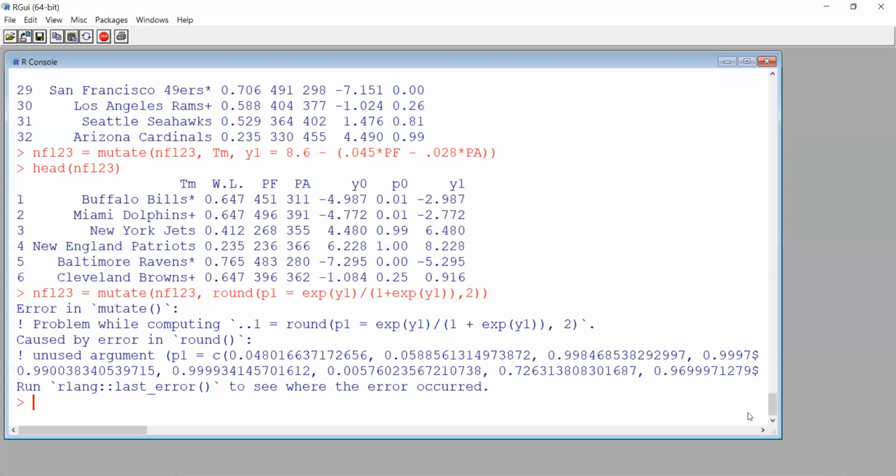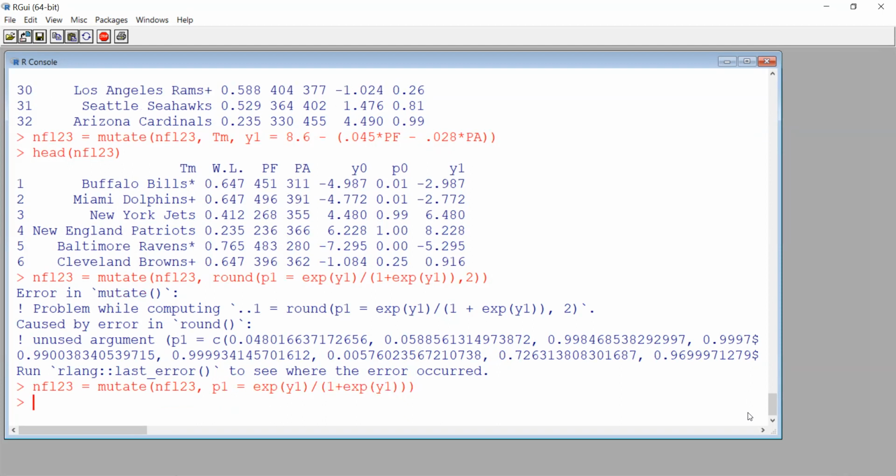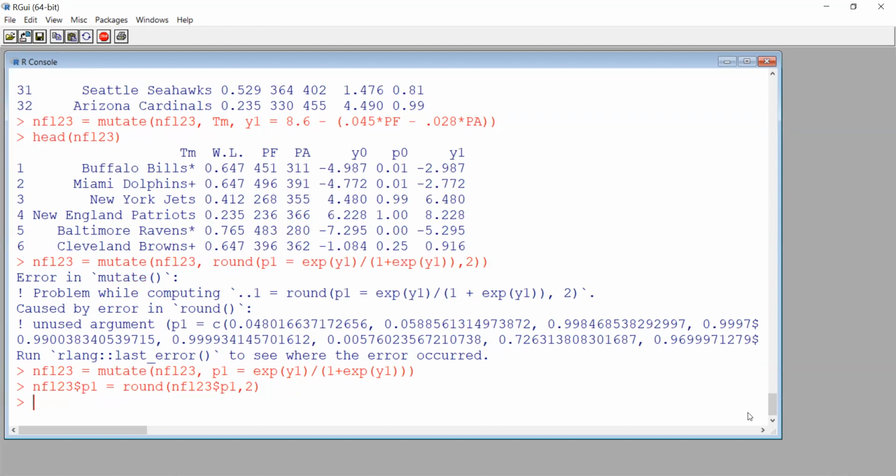It didn't like that. Okay, I'm just going to do it again the way we did it before, so no round. I don't know what I'm doing, but it's okay. Okay, 1. That worked. And now let's round it again. Once you do it once though, it's not much of a headache, because then you can just hit all of them the way you did it the time before. All right, that should be good. And now let's look at it.